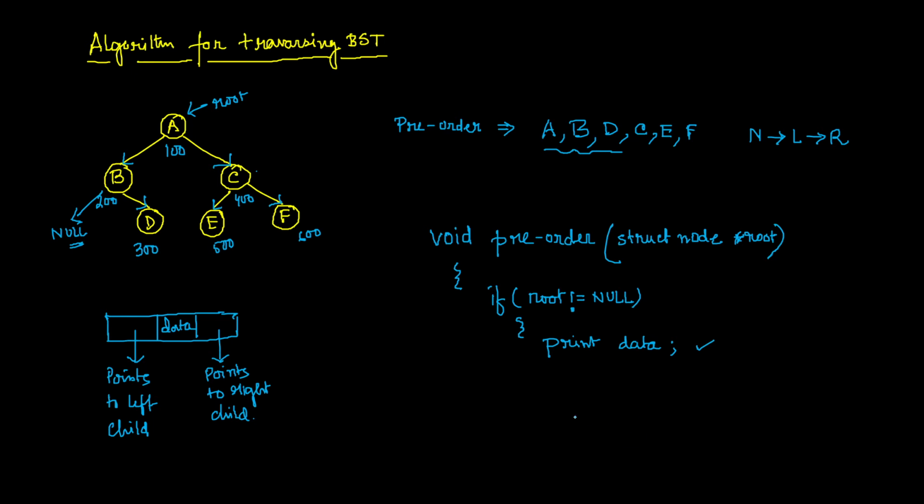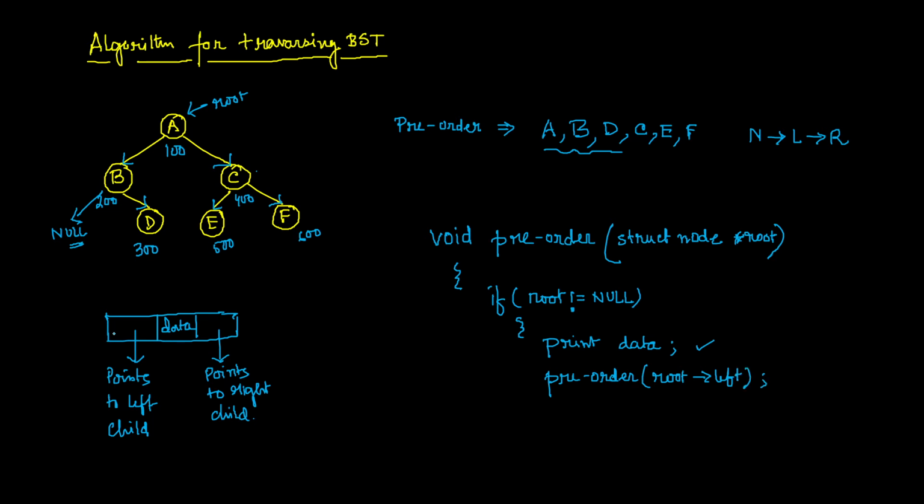So basically you are calling another pre-order, which is a clone, and what will you pass? You will basically pass the address 200. Now where is this 200 present? This 200 is present on your left side, because you are standing right now over here. So you will basically pass root left, something like this.